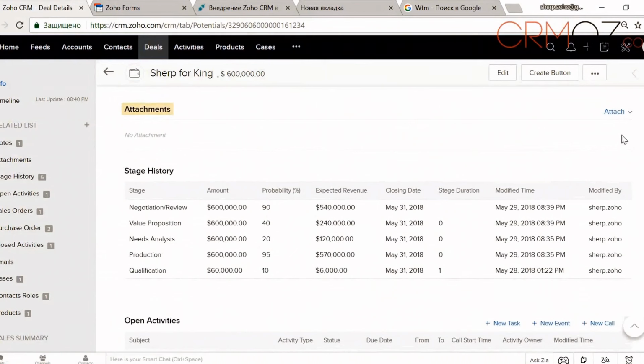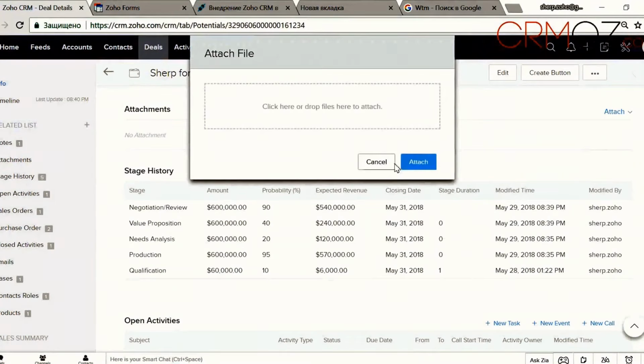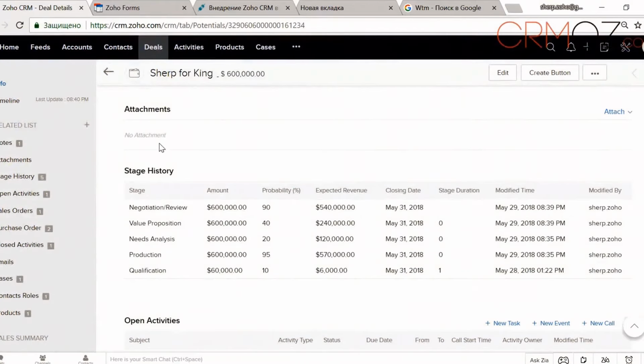Such a thing as an attachment: this section of the deal document allows us to attach documents from Google Drive, Zoho WorkDrive, or upload other files that we might want that relate to this deal. For example, some paper documents. We scanned and attached this in case, for example, an order came in paper form by mail. If that happened, we scanned it, entered all the data, and now we have a deal in electronic form. Plus, we attached a paper version, either some accompanying documents or documents that appear